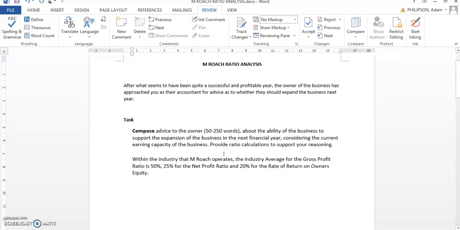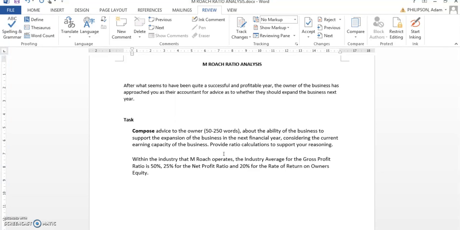Okay, so the second part of your exam style question will be, after completing the income statement, balance sheet, and all of those bits and pieces in task 1 for Roach, we now need to go and analyze those figures using our ratios. So the scenario is, after what seems to have been quite a successful and profitable year, the owner of the business has approached you as their accountant for advice as to whether they should expand the business next